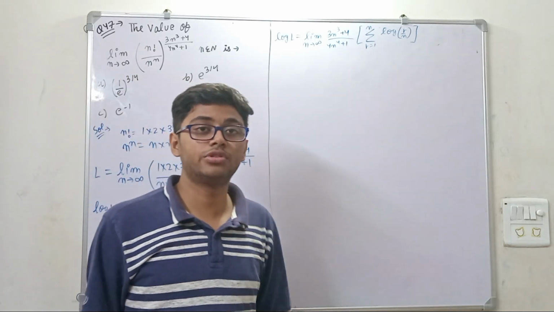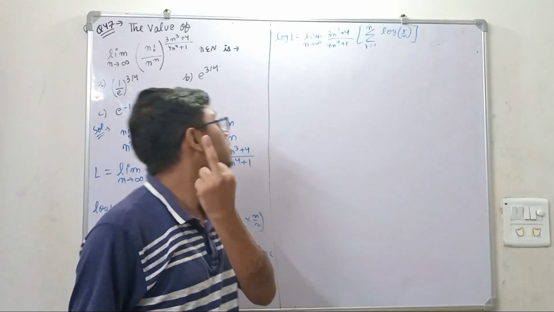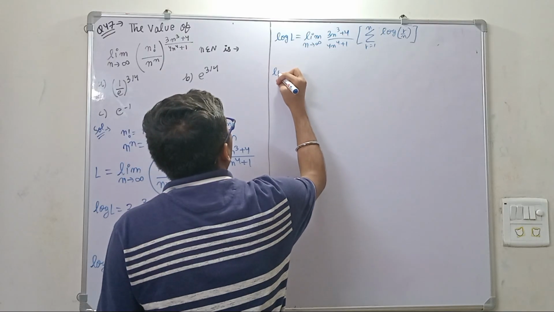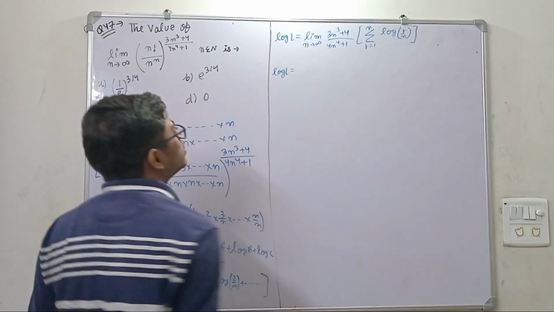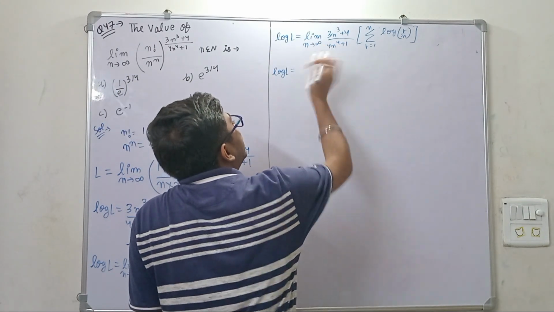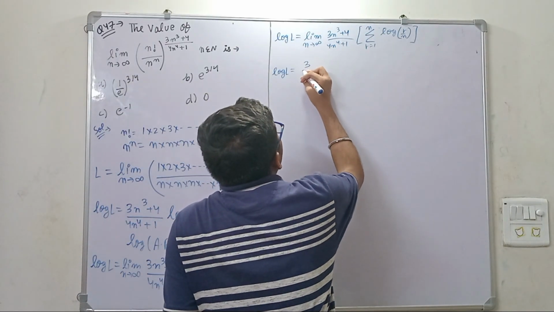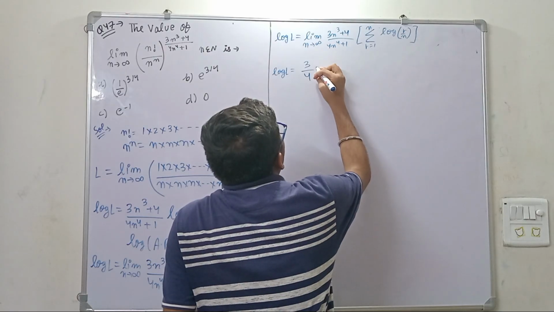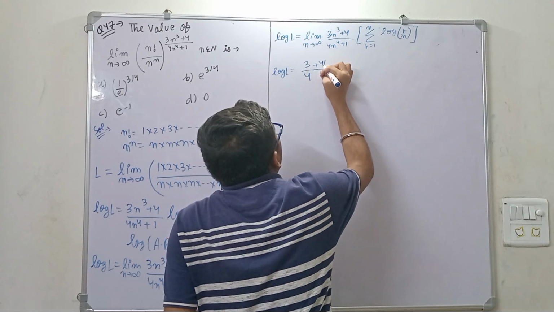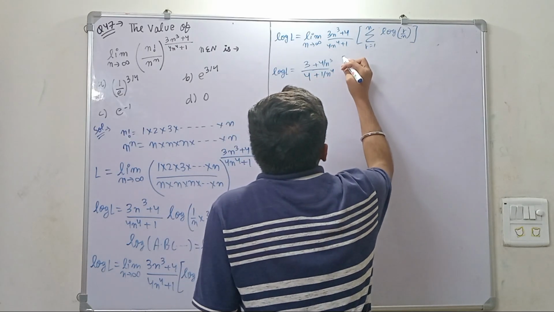Why I've told you this is a very good question, because see, 3 chapters are involved here: PNC, limits and integration. Okay, definite integration. So this will look like this, and I've told you in the previous question, whenever n tends to infinity, you have to take highest power common. So n cube will be common from the numerator, and n to the power 4 will be common from the denominator. So 1 by n will be left. Okay, and this will be just 3 by 4, plus 3 plus 4 by n cube plus 1 by n to the power 4 terms, and this will be 1 by n.